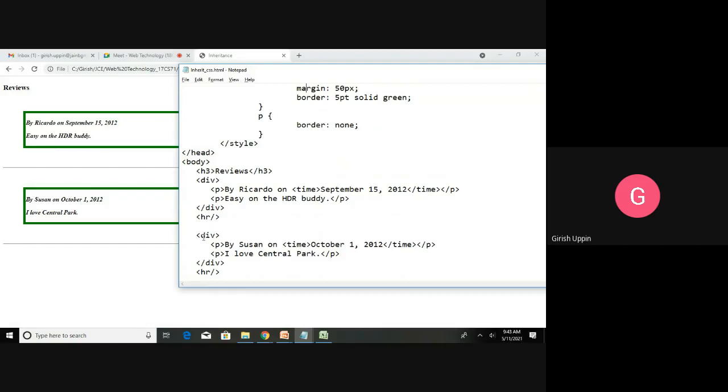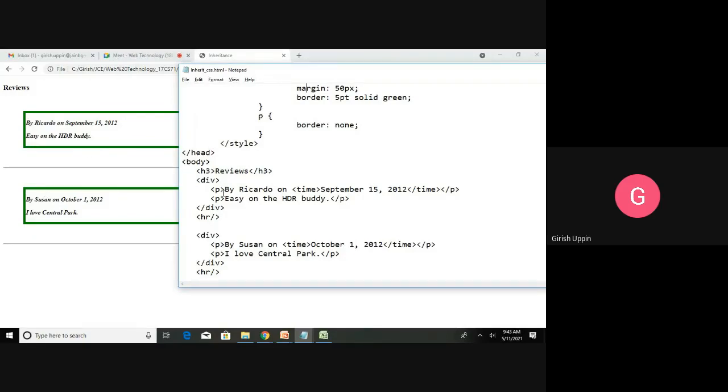Similarly, this is the second div, and it will also have those properties, 50 pixel left, top, right, and bottom. And they will have a border. You can see both have a border, 5pt solid green.